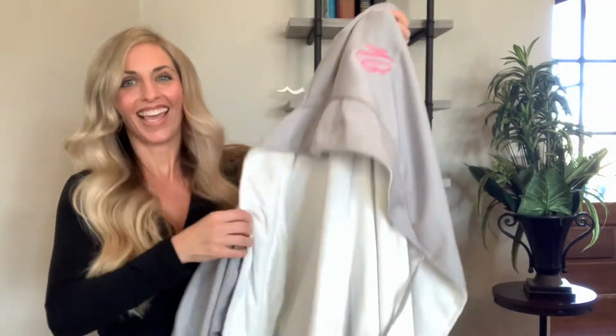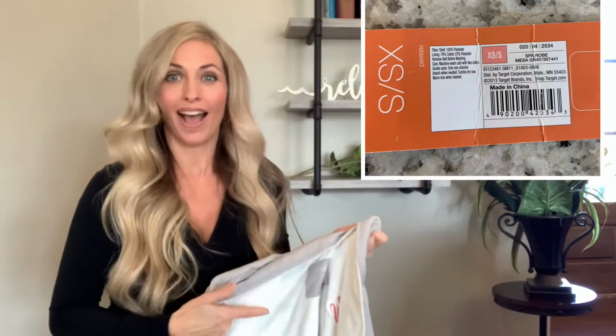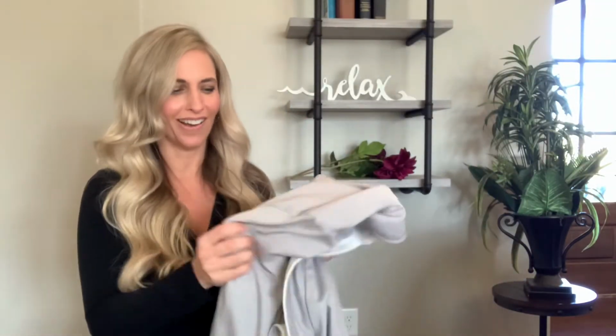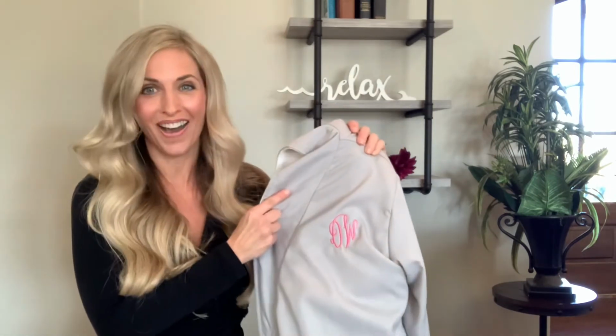And then I went to the pajama section, and funny story, I found this bathrobe, and it was really nice and thick. I looked up the brand, and it was new with tags, from Target. I like Target, and sometimes some Target things can do well, but I noticed it had initials, DW, embroidered on it. And I was like, oh dang, who's going to buy something with initials on it? I shouldn't even bother with that. And then I was like, hey wait, those are my initials. I need a robe. So I bought it, and it was